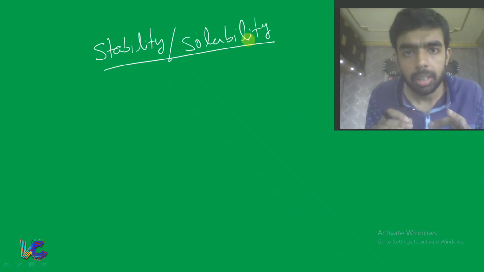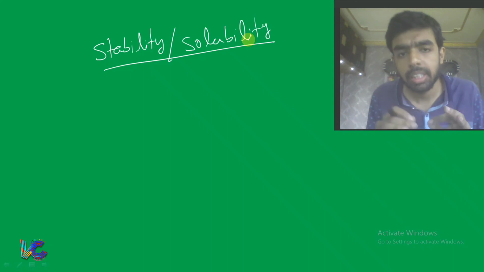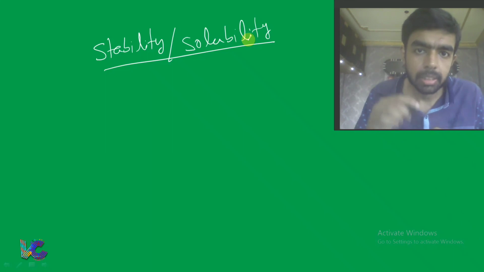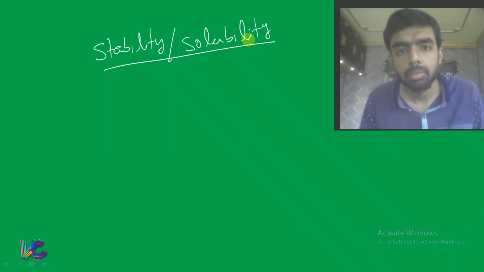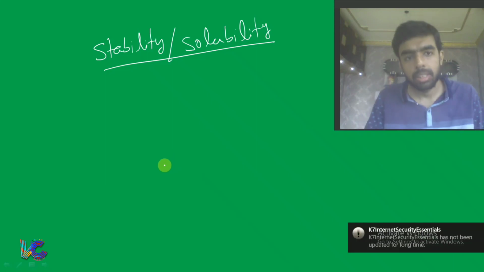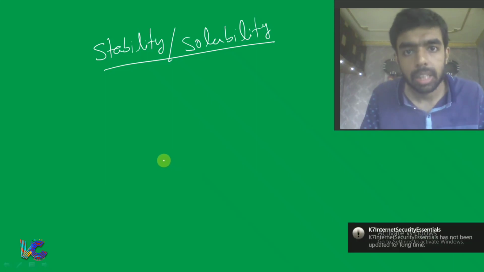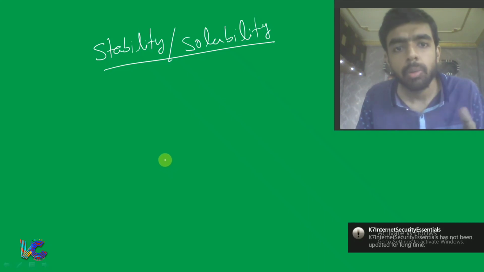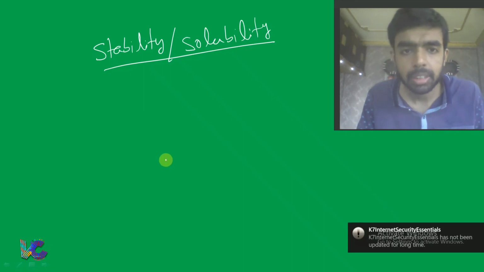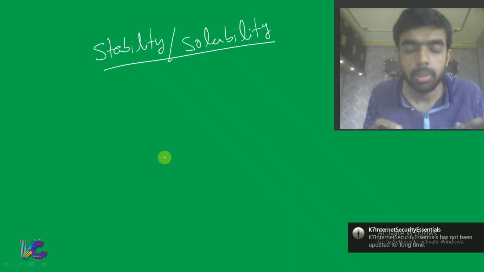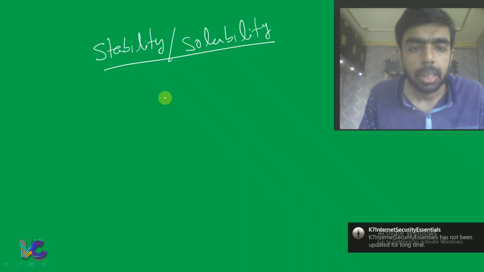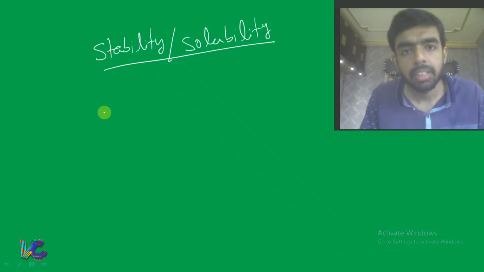We are mainly focused on the HSAB principle in this lecture. That is why, in explaining the stability and the solubility pattern of the complexes, we are using the HSAB principle. But you have to understand that the HSAB principle is not the only factor which can explain the stability or solubility of the complexes. It is one of the ways of explaining the stability or solubility of the complexes, but there are many other factors which are also involved in the stability or solubility pattern of the complexes. Fine. Okay, if I give you one or two examples, then it will be clear to you that it is a very general idea